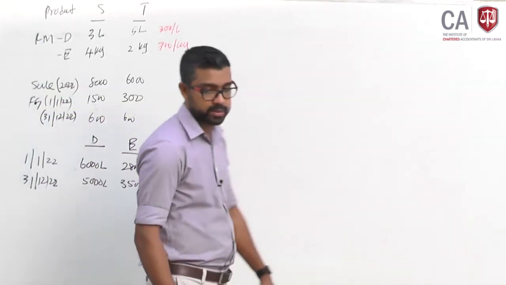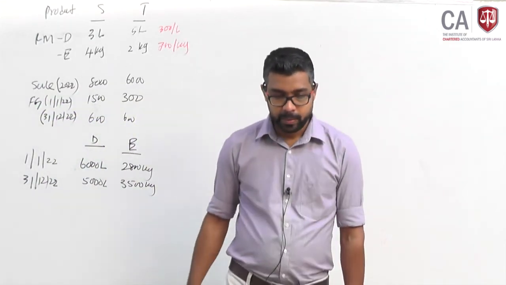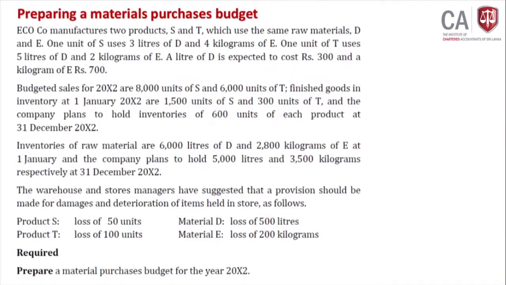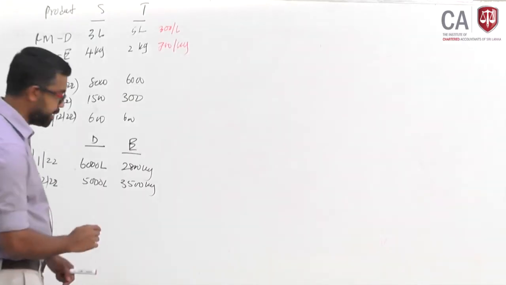3,500 kilograms at the end. The warehouse and store manager have suggested that the provision should be made for damage and deterioration of items held in its stores as follows. Product S 50 units, product S loss, damages,